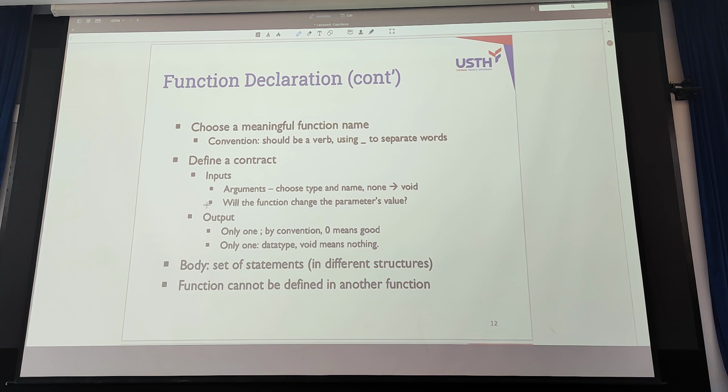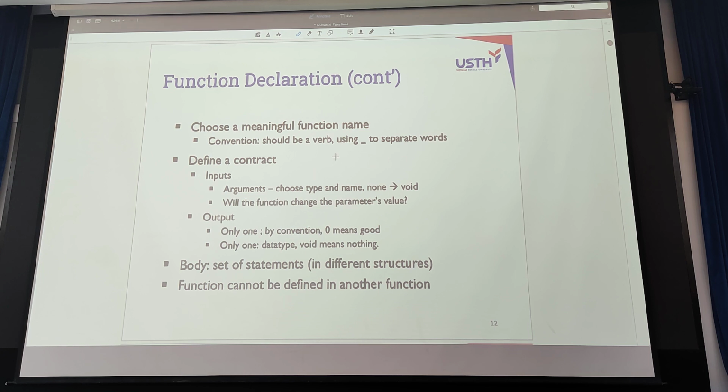Now, you have to define the input, the argument. It's quite complex here. I have a question for you.